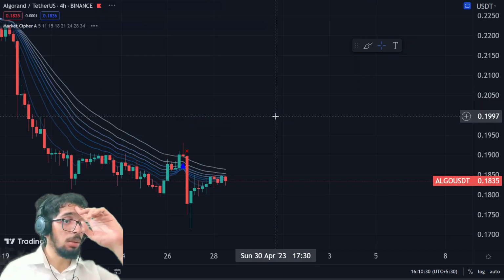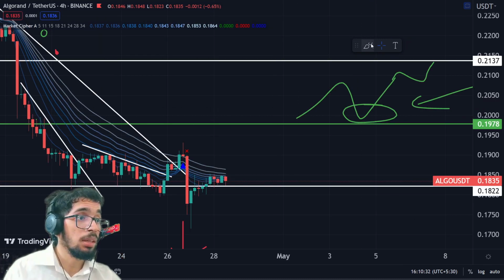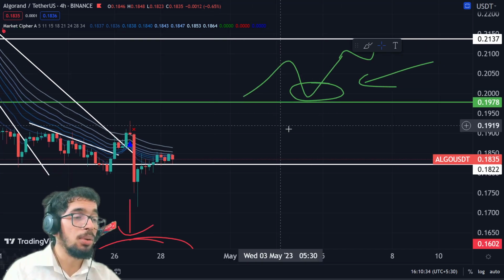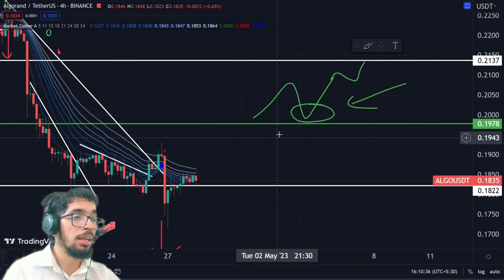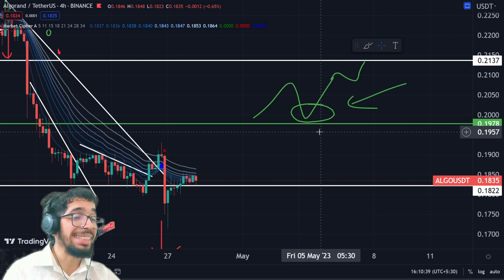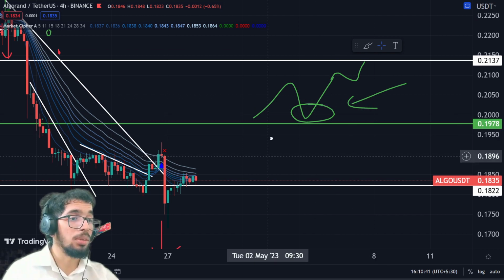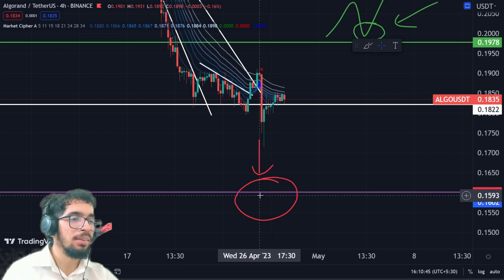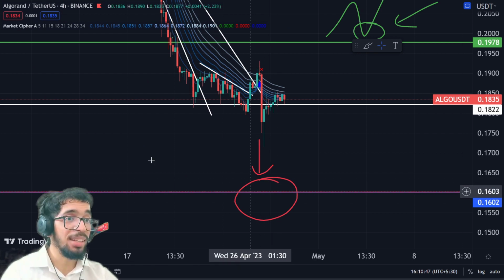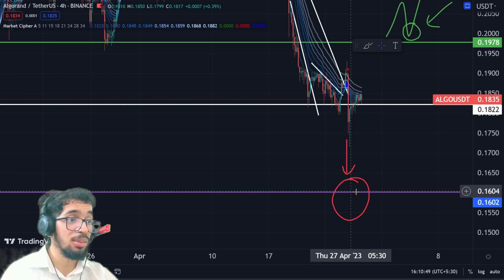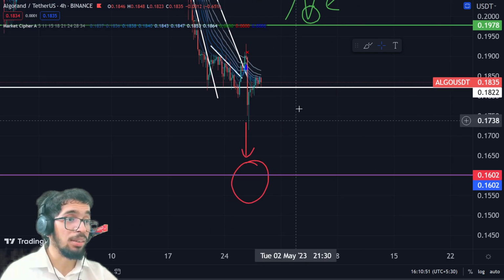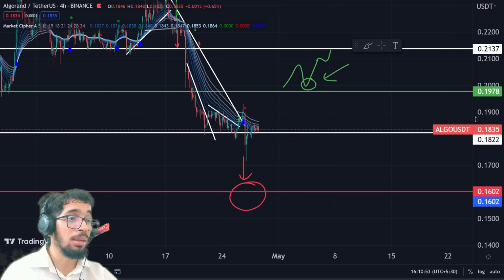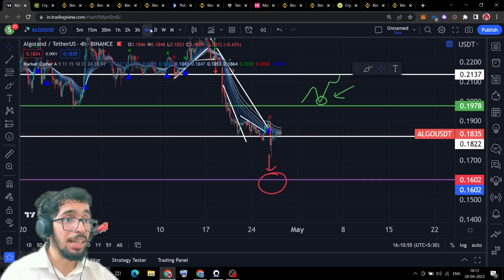Okay, so now let's talk about your next chart, which is your algo chart. For Algo, we need to wait till it breaks 0.19 cents to enter big longs. Till then you don't need to short, because this is the lowest that Algorand has gone. So if you're getting here, it's a good chance to buy. No shorting on this chart, because if you see this chart on a daily, you'll realize why.